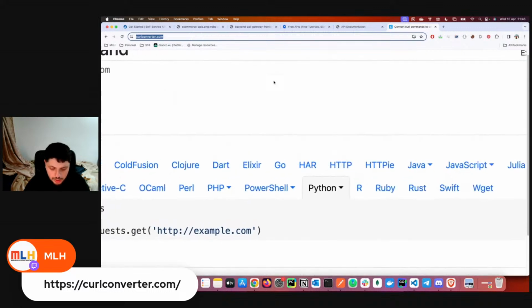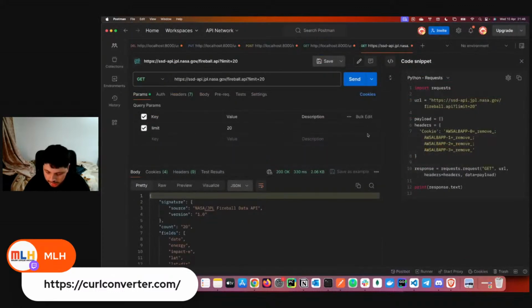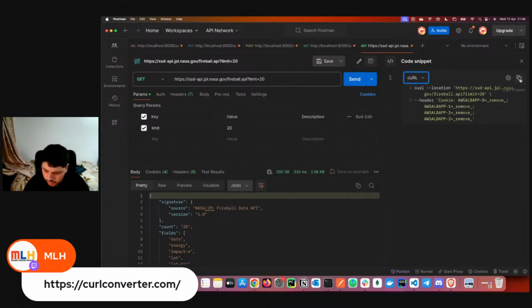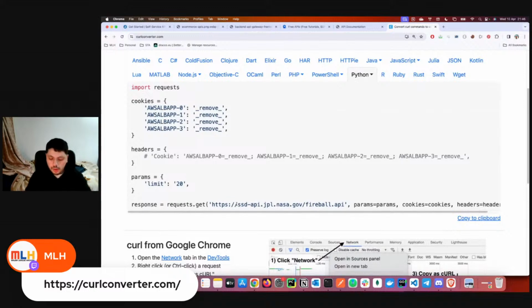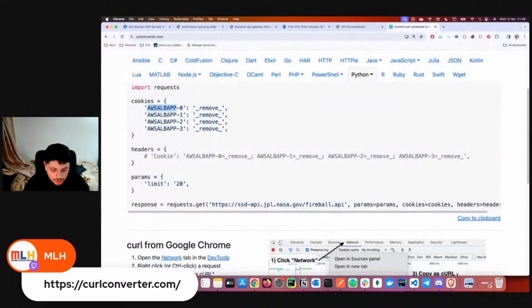Let's see how it works. Okay, so basically you can go here. Sorry, it's too small. Okay, let's go here and say, okay, I have this curl. Imagine you have this curl here, and you say, oh, I need the code for Python. Boom, there you go. And you might think, oh, this is different, and why are the cookies here and the other thing here? Basically, it's the same. Here it sets the cookies, and it sets the cookies parameter with the cookies, and here it makes the header.